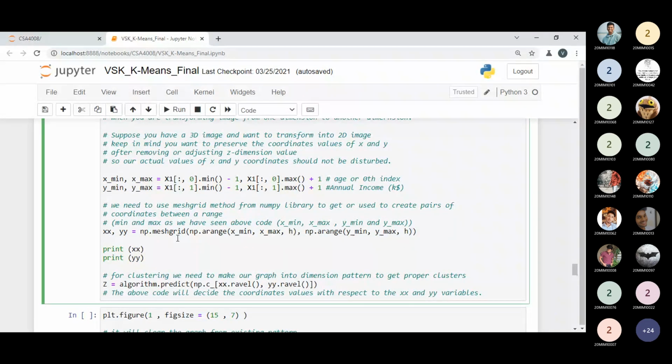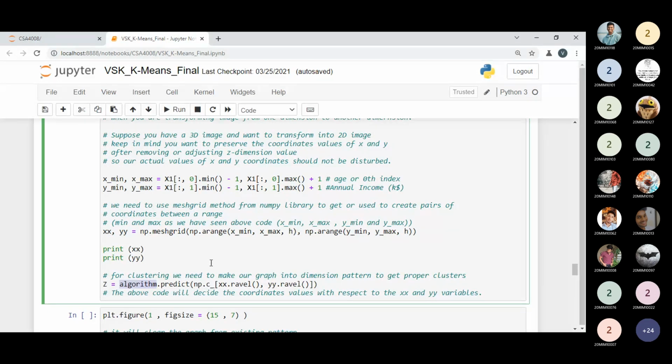Here, z is our next variable, which is used to predict the values, and here I have to transform the values I am receiving from two dimensions to one dimension. So by applying the ravel method, I can transform all the x values into one dimension, and the y values from two dimensions to one dimension.